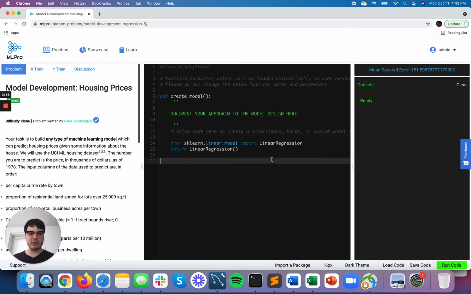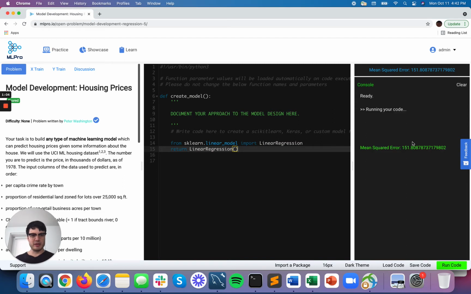And so if we run the solution that comes by default in this problem, we hit run, we get a mean squared error of 151. This is not a good value. Mean squared error represents error. It's how different your prediction was from what the value should have been. So this is a pretty high error, even squared error,